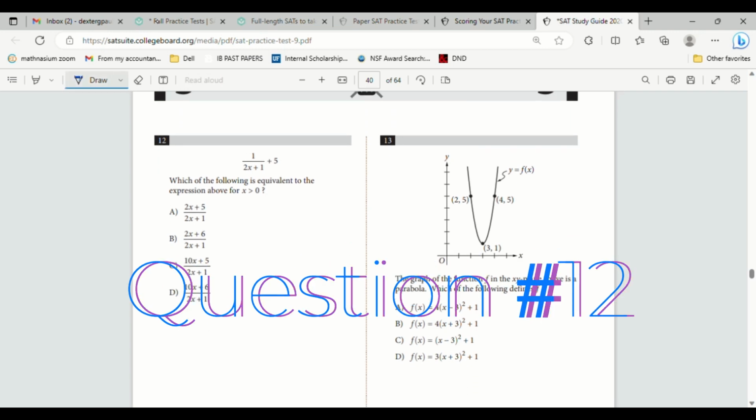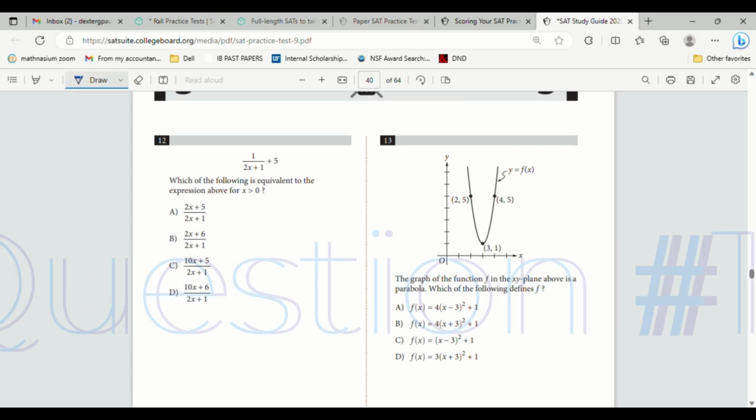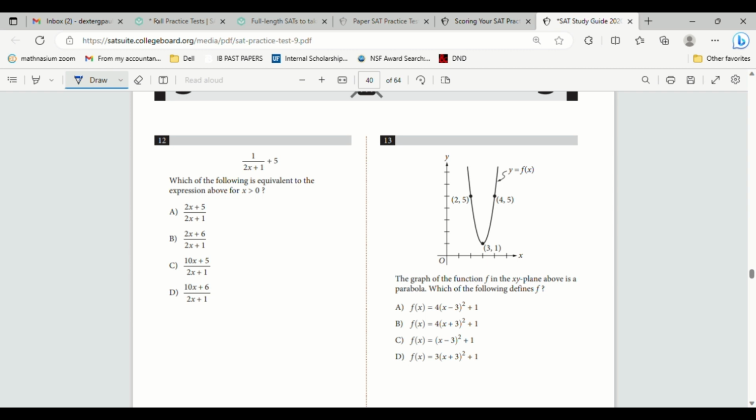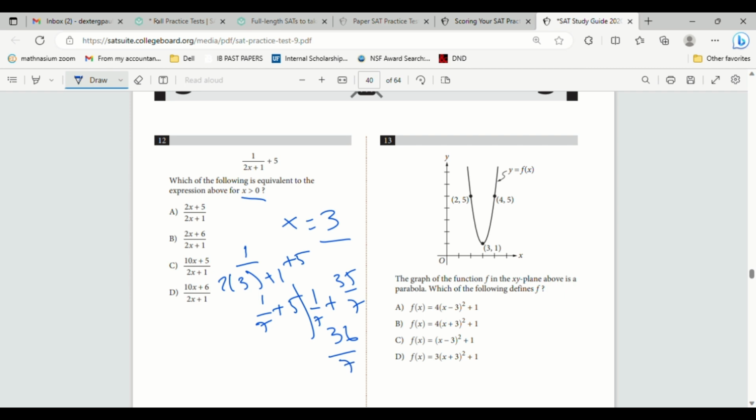Number 12, which of the following is equivalent to the expression above for x is greater than 0? So it says x is greater than 0, so let's just say that x, for example, equals 3. I could pick anything, but I chose 3. So solving 1 over 2 times 3 plus 1 plus 5 is 1 over 6 plus 1, so 1 over 7 plus 5, or 1 over 7 plus 35 over 7. I just rewrote 5 with a denominator of 7 to get 36 over 7 when you plug in 3